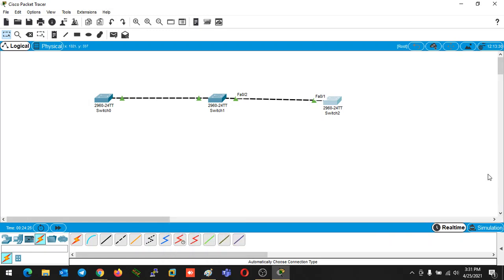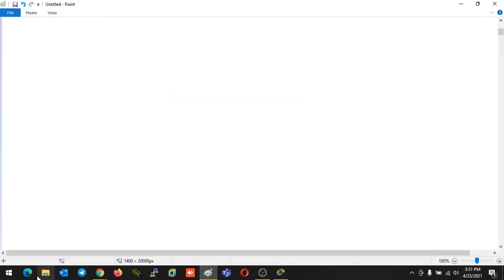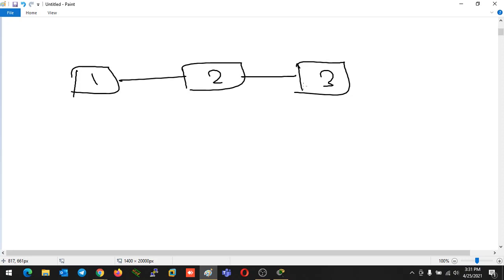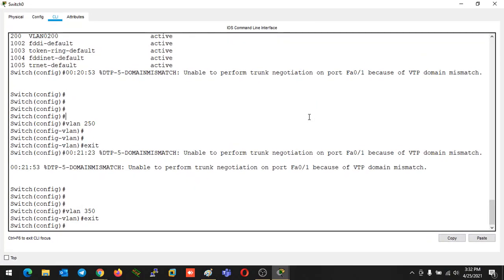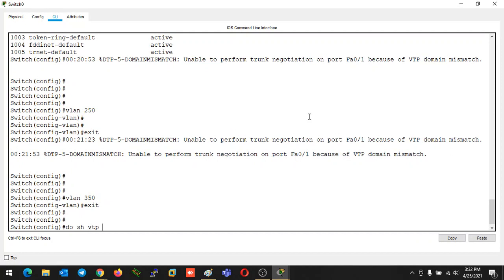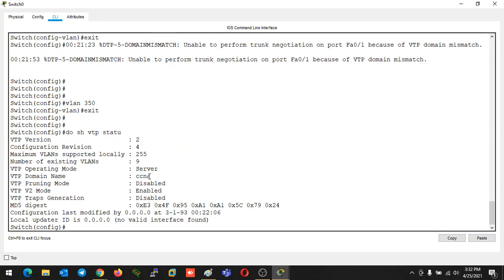VTP password is just for making your VTP updates secure. For example, this is switch number 1, switch number 2, switch number 3. Suppose you configure like this and someone knows the VTP domain name, because if someone gets access to the device anyhow and runs the command show vtp status, they can simply see the domain name.